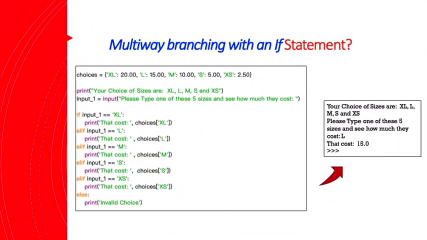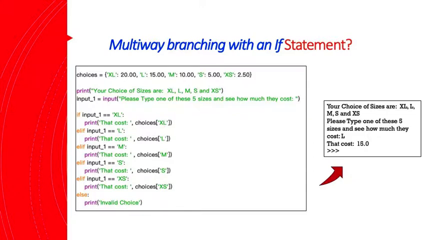I mentioned earlier that Python has no case or switch statement, but here we have multi-way branching with an if statement, and we use a dictionary for our choices. So choices XL, L, M, S, and XS with 5 different floats assigned to each. We first print your choice of sizes are XL, L, M, S, and extra small. Then we set a variable input_1 equals input. We're looking for user input. We ask them with our optional clause here, please type one of these 5 sizes and see how much they